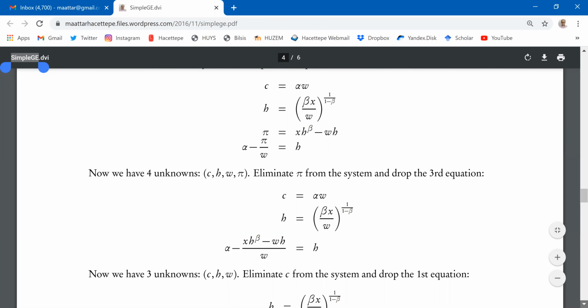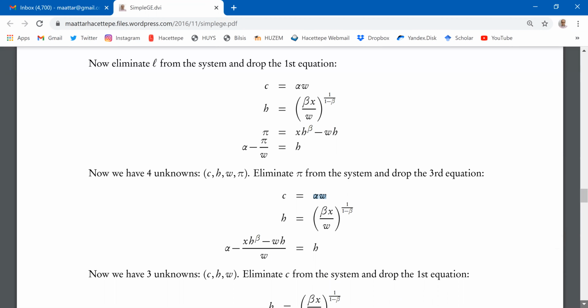Now realize one thing. C appears only in the first equation. So if I know wage, if I know W,